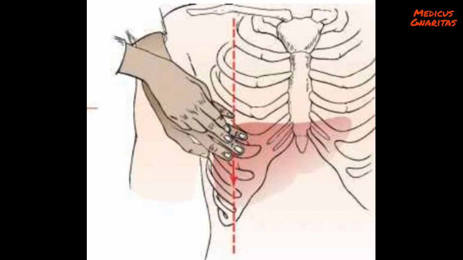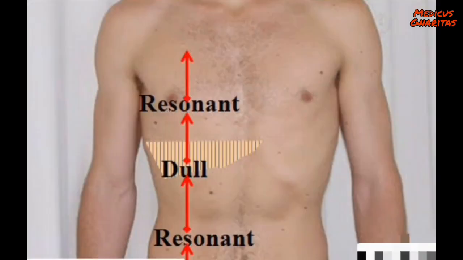And finally, liver. Percussion is done by placing the middle finger of your non-dominant hand against the abdominal wall, with the tip of the middle finger of your dominant hand striking the distal interphalangeal joint 2 to 3 times. Next, start below the breast at the mid-clavicular line. Percuss as you move your hand downwards and note the sound changes as you transition from lungs to liver, that is, resonant to dull. Continue until the sound changes again after the inferior margin of the liver.